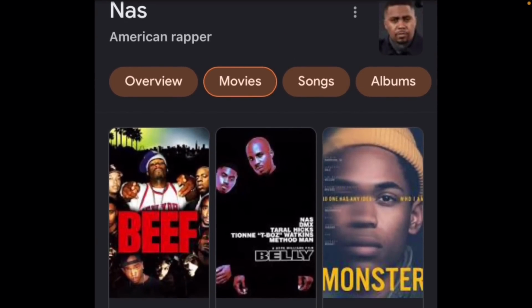So in the movie Belly, Nas and DMX are the main characters, and they promoted so many agendas in that movie. But one thing that really disgusted me was the fact that DMX would cheat on his girl for a 16-year-old girl. You know, she was really young. She was like 14 or 15, around that age. And they openly showed this in the movie. And I found that very disgusting, and they promoted so many agendas in that movie.